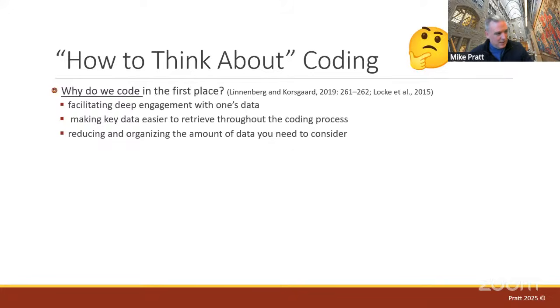Third thing data coding does is reduce the amount of data that you consider. So for a given paper or a given project, you're not going to use 100% of every piece of information in every interview. There's going to be stuff you use, and stuff you discard. I have to say the discarding stuff's pretty hard